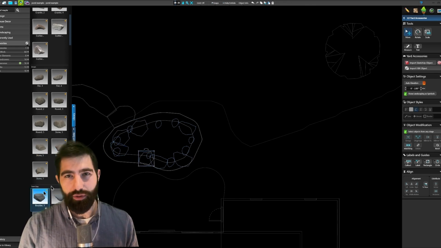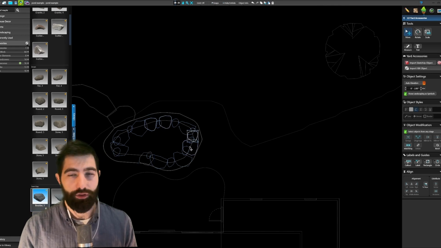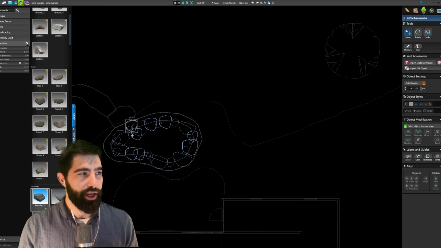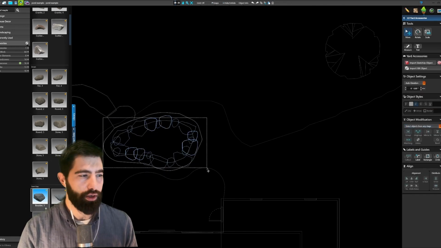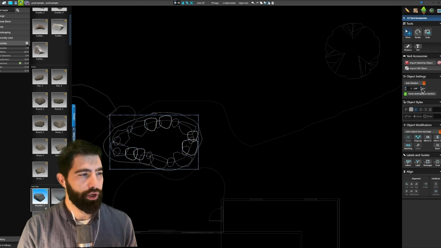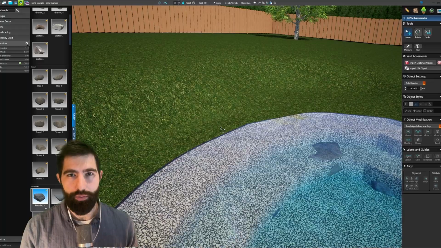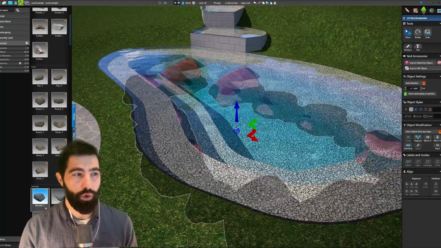I do it in 2D just because it's faster most of the time. So we're grouping them. We can change the elevation, jump over into 3D. Oh, it made those a little too low. So we can just lift them right up, but still not perfect. So we gotta adjust them. And so we can rotate them around just like